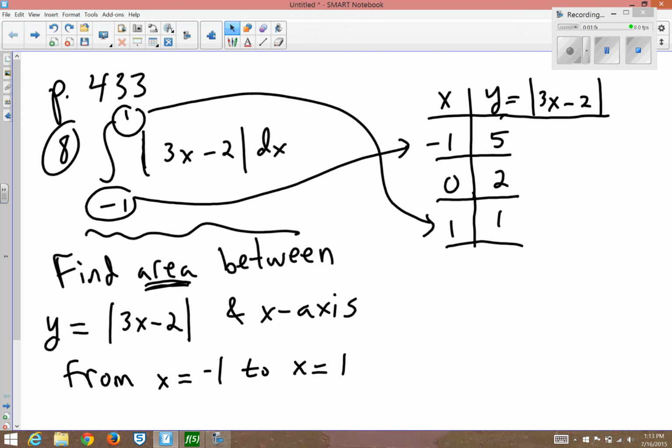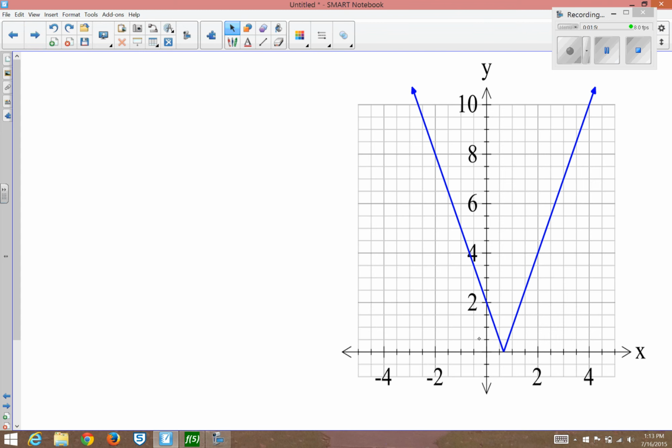point 1, 1, we get this graph because the point -1, 5 is right here. This is -1. This is 5. The point 0, 2 is here. And the last point here was 1, 1, which is here. Of course, the graph has lots of other points. So we just